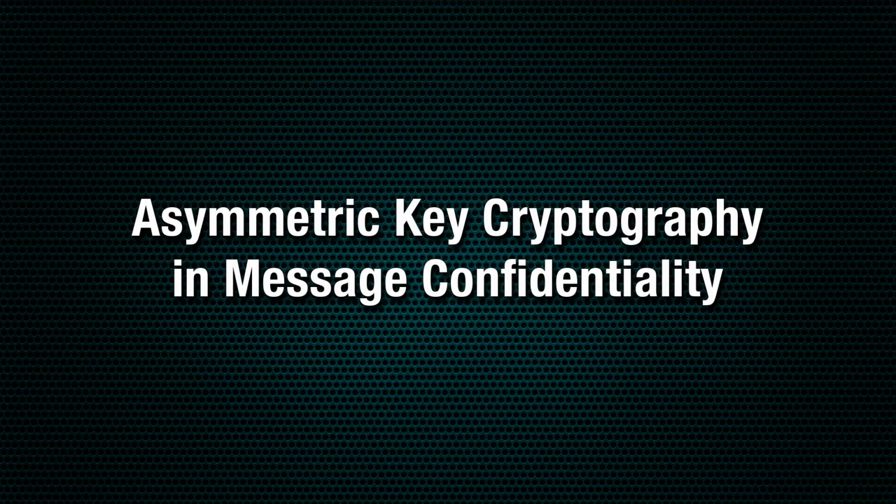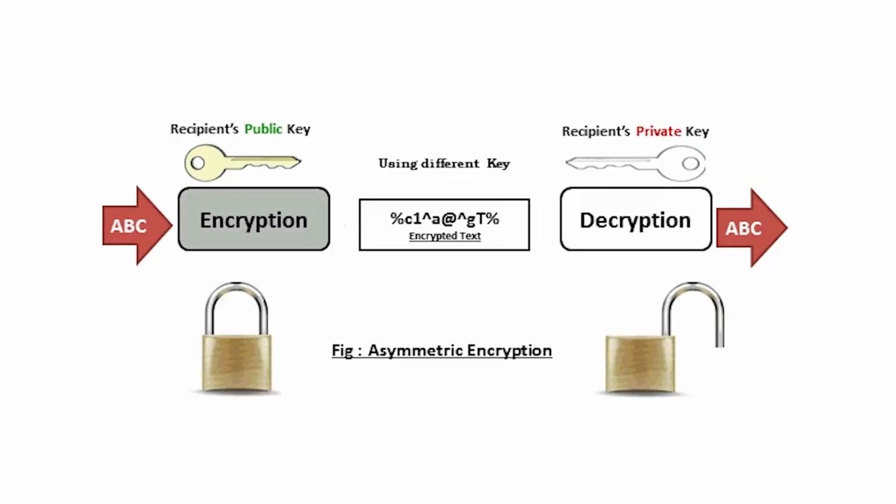Asymmetric key cryptography in message confidentiality. In this method, encryption and decryption are carried out by different keys, and so there is no need of any key sharing. In this procedure, sender and receiver of a communication will create 2 keys, one private and one public key. Out of these 2 keys, the public key will be announced to the public and the other one will be